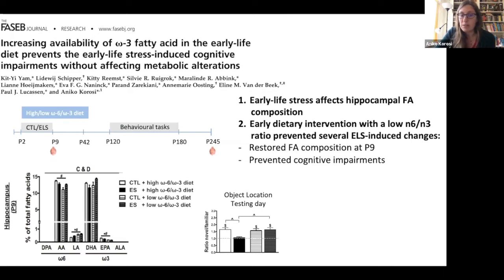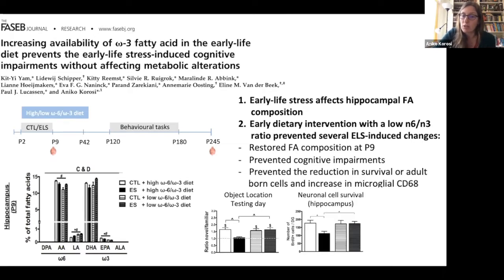And what about the brain plasticity aspects? So when we looked at neurogenesis, for example, so this was the survival of BrdU-injected neurons, a marker for neuronal cell survival. And what we see is that indeed we see a reduction by early life stress, as we would expect and as we have shown also earlier, and that this reduction is completely restored by the diet that was